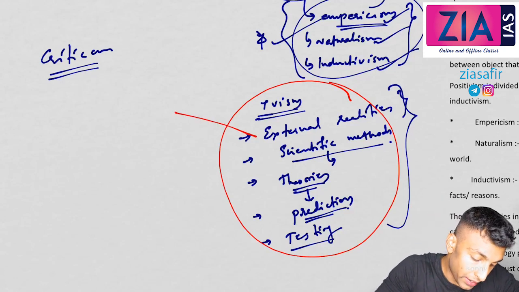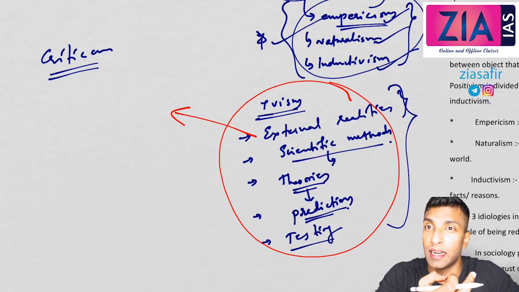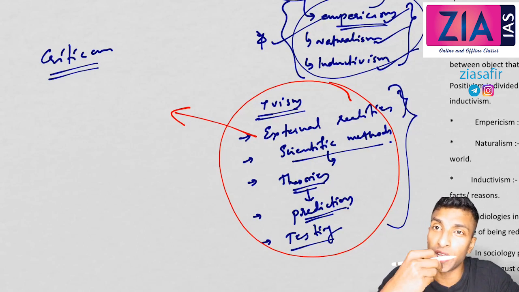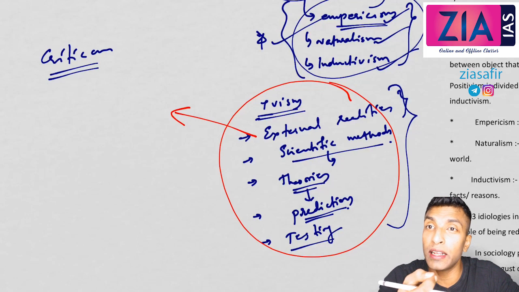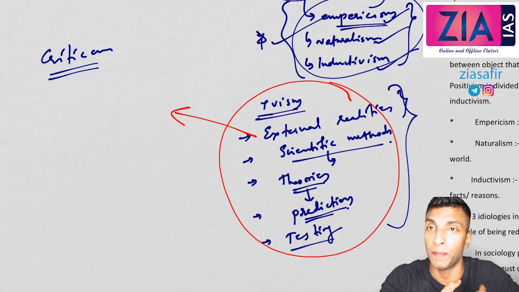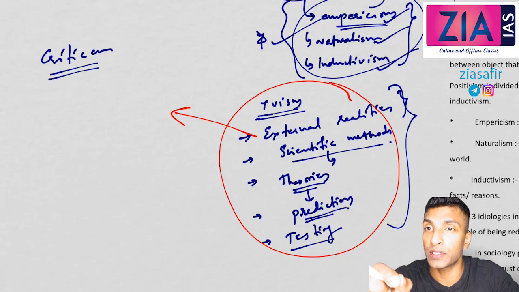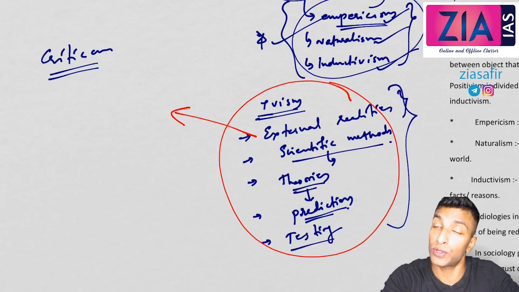Now let's take this external reality. How will you criticize? What you will say is, if you are focusing on the study of only external realities, it is a partial understanding of society. It is a fundamental misunderstanding of society. Why? Because you are dealing with individuals. Individuals have their own emotions. The internal meanings are more important than the external reality. So if you are avoiding the study of internal meanings, motives and emotions of the individual, that's a partial understanding of society. And you can also write an example here. For example, non-positivism gives emphasis on internal meanings. So that's how you can criticize.